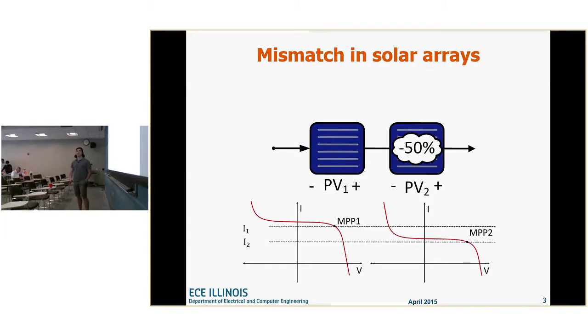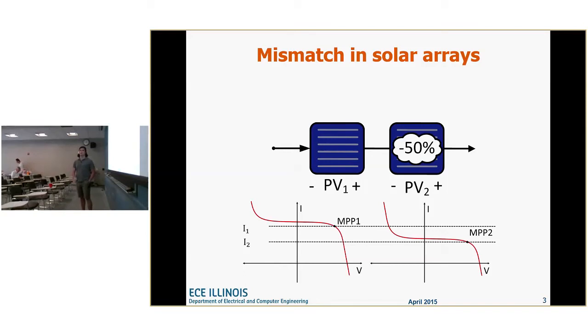Mismatch in solar arrays is a well-known problem. If we have two series-connected PV elements, each element will have its own current-voltage characteristics given by these two IV curves. When we have non-uniform conditions across our PV elements, each will have a different IV curve with a different maximum power point. Because it's series connected, we can only choose a single current going through both of our elements. In this case, if we choose I1, we'll operate PV1 at its maximum power point, but PV2 will be operating in a negative voltage region, so reverse bias. In this case, it's dissipating power rather than producing. Conversely, if we operate at I2, then both PV elements will be forward biased, but PV1 will be operating at